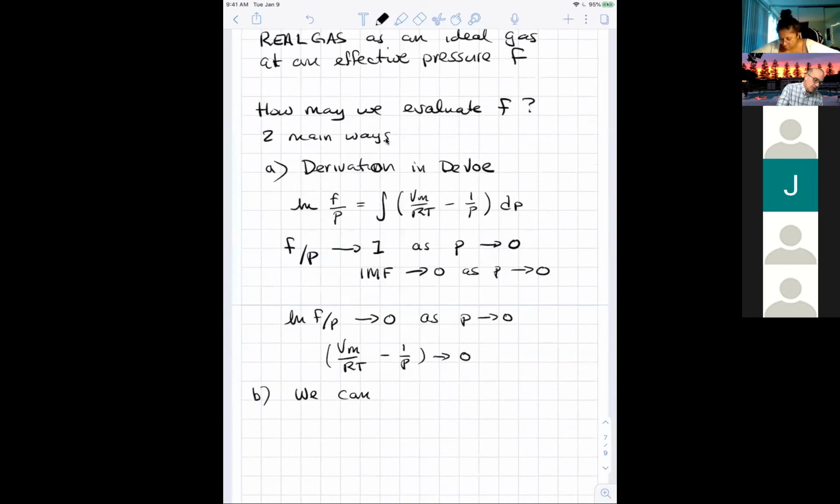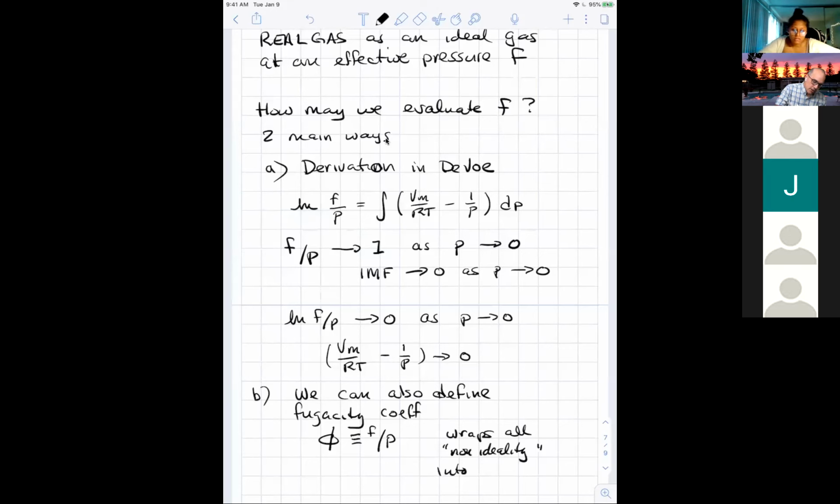We can also define what we call the fugacity coefficient. This is given the symbol phi, and this is the ratio of F to P. Why would we want to do this? Well, what this kind of does is it wraps all the non-ideality into one package,